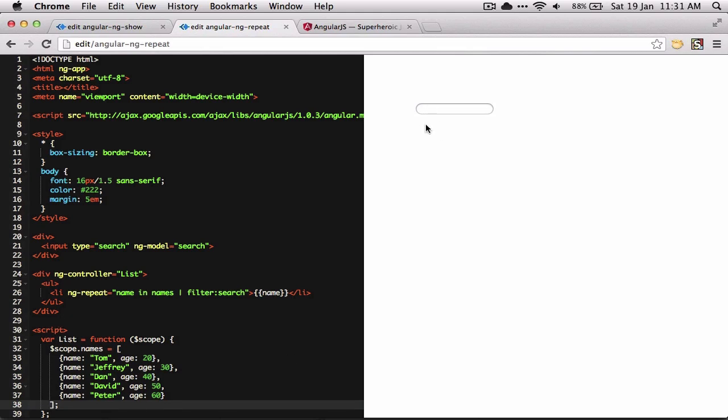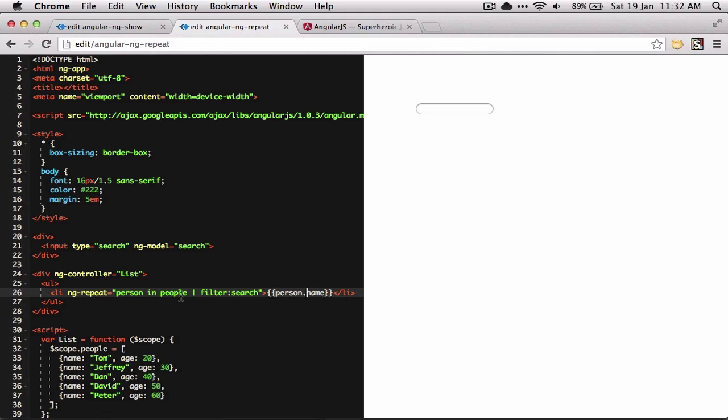Now you can see that we are missing values from here. That's because we haven't told Angular how to display this information. I'm actually going to swap out the names model for the word people, because what we really have here is a list of people, and I'll change it here in this repeater too. But you can see that still nothing is being output. That's because we haven't specified what we want to display. I'll change this to person, so that we're repeating for each person in the list of people, and then say what we want to display is the